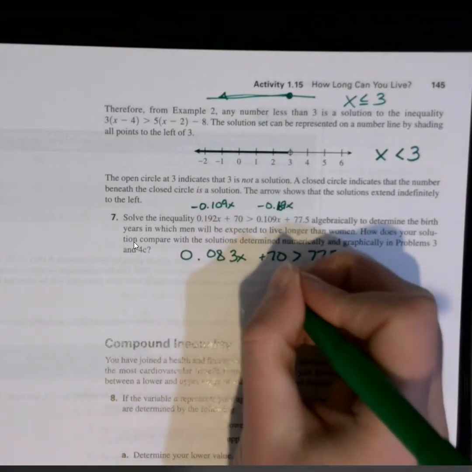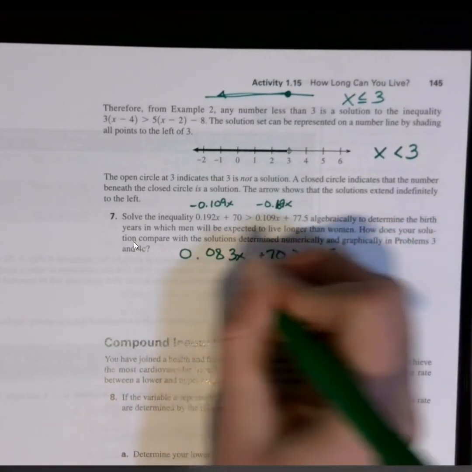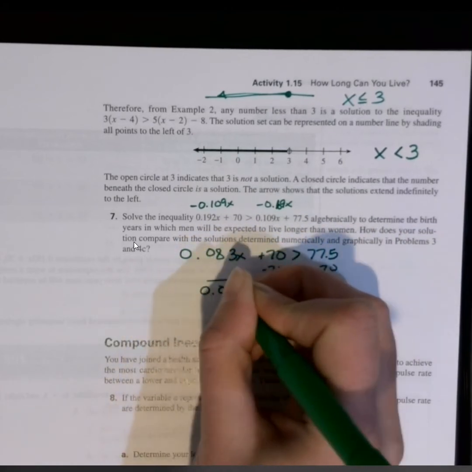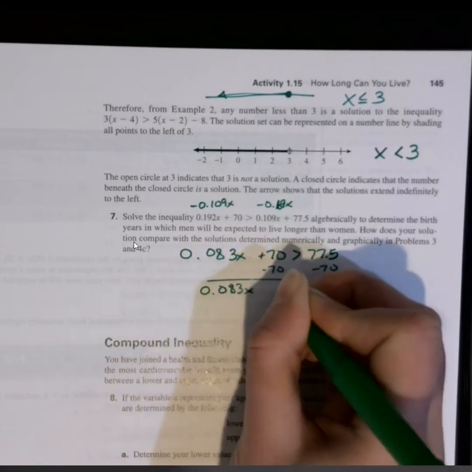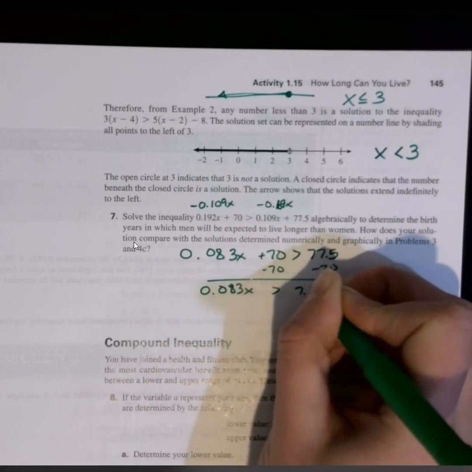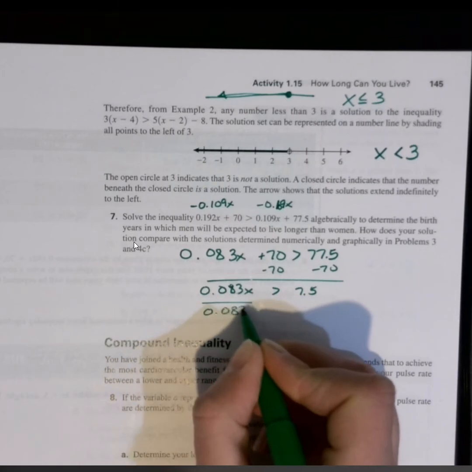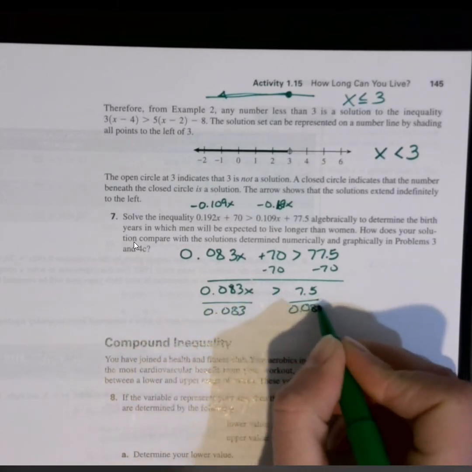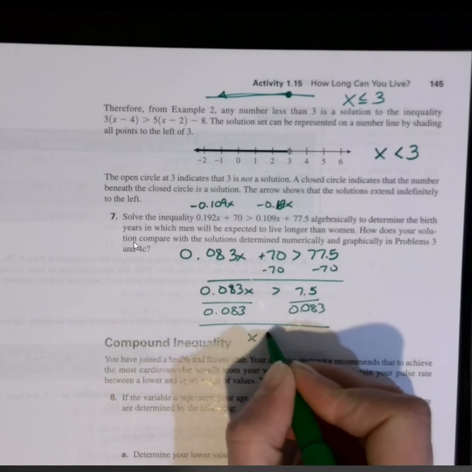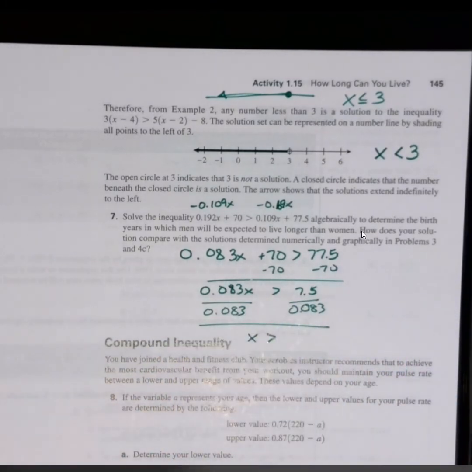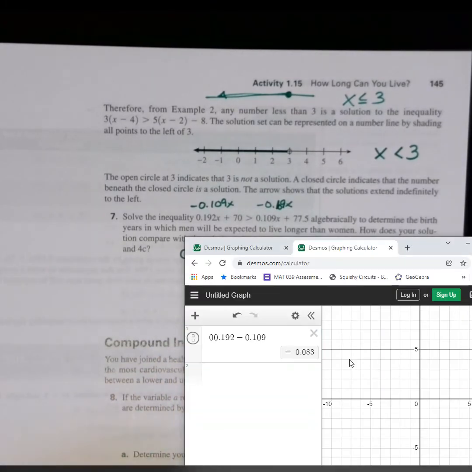Okay, now subtracting 70 from both sides, we're getting this x by itself. 0.083x is greater than 7.5, and we're going to divide by 0.083 on both sides. So x is greater than, I don't change the inequality here because we did not divide by a negative. I need to take 7.5 divided by 0.083, and I get